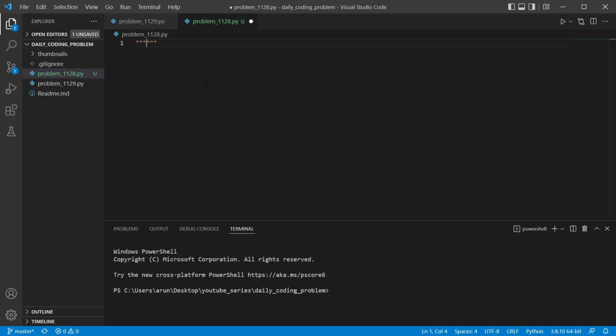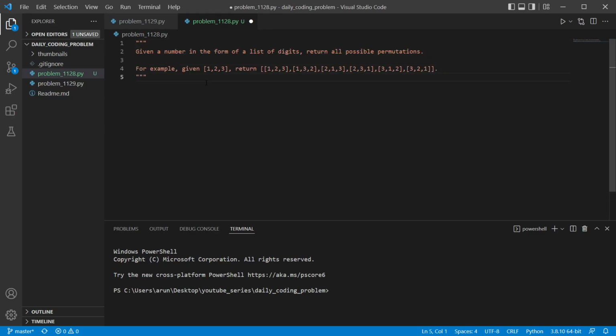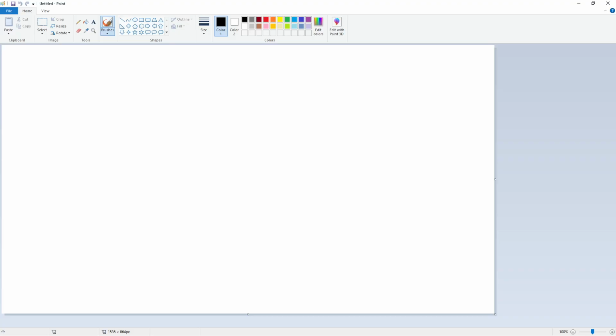So copy the question. Now first, we need to figure out how to return the set of permutations when we have been given a set of numbers. So how do we go about doing it? Let's say that we have been given 1, 2, 3. If we were supposed to find the total number of permutations for n numbers, then the mathematical formula would be n factorial permutations, right? So in this case it would be